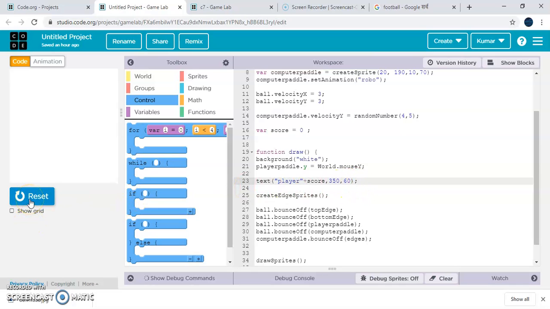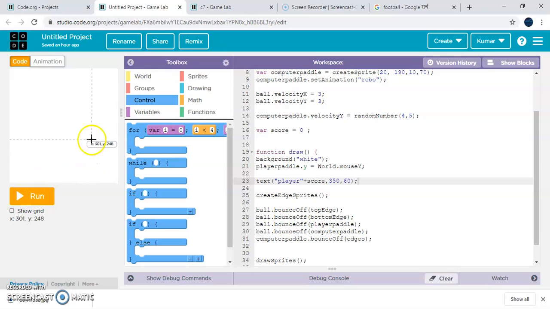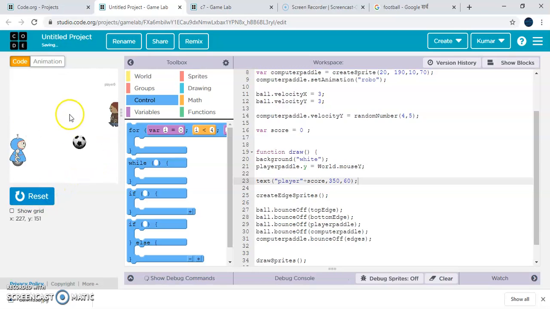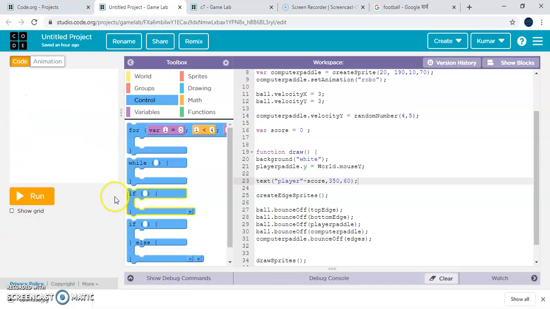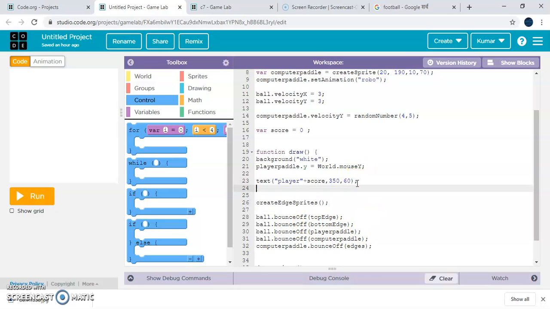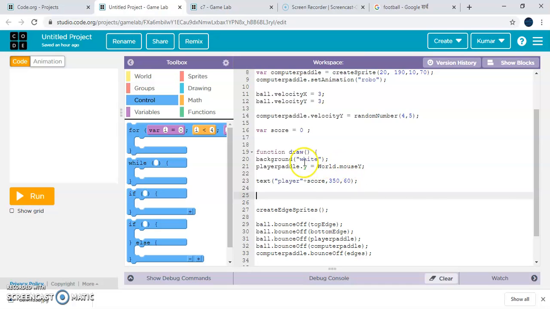Okay, and now check it. We can see here that the player score is now displayed. So now let's reset and make it increase on a specific condition.